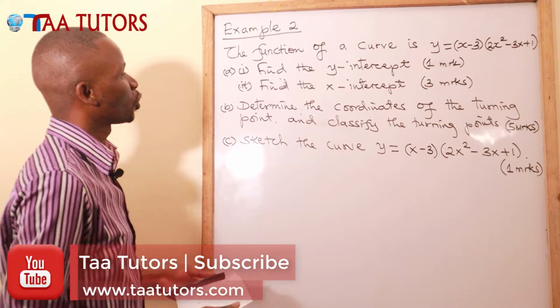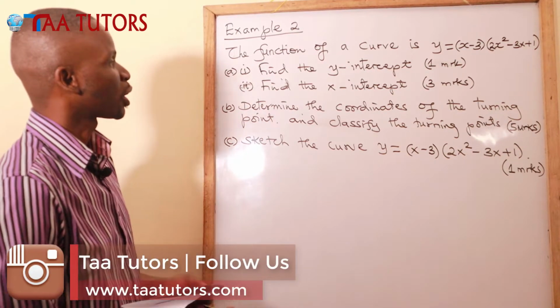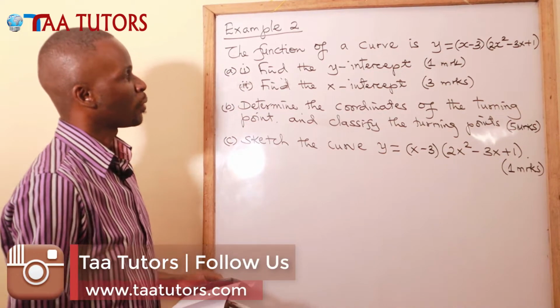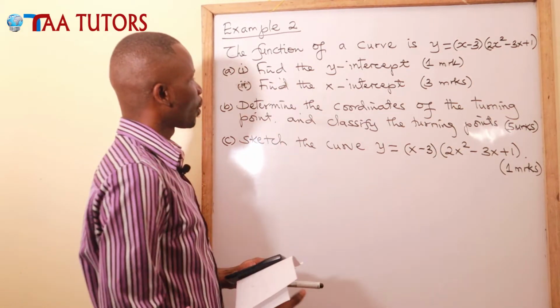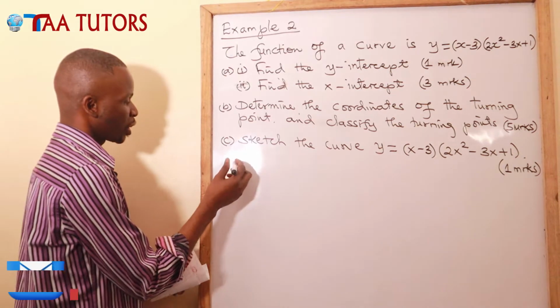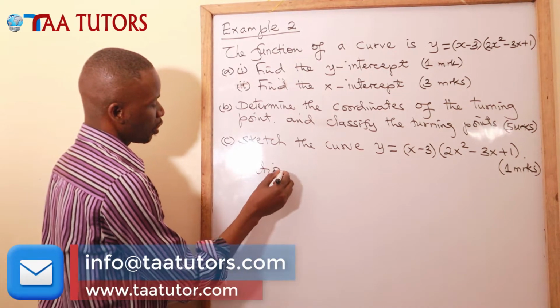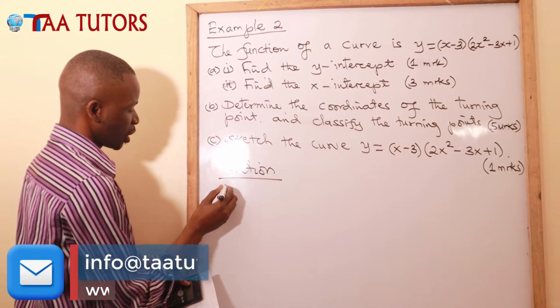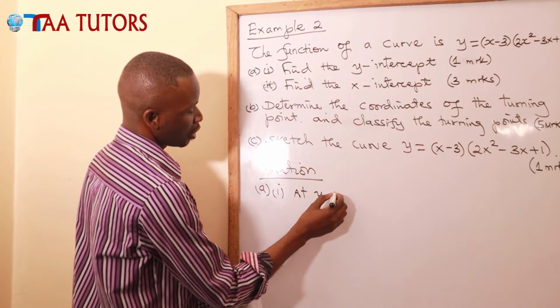Let's go to example 2, which reads: the function of a curve is y equals x minus 3 into 2x squared minus 3x plus 1. We are asked in question 1a, find the y-intercept. And we know that at the y-intercept, x equals 0. So question A, Roman 1, we know at the y-intercept,